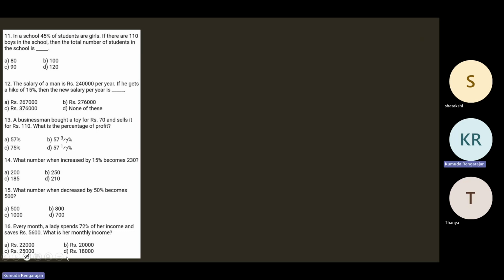We'll just discuss all the answers at the end of the session for today. In a school, 45% of students are girls. If there are 110 boys in the school, then the total number of students in the school is